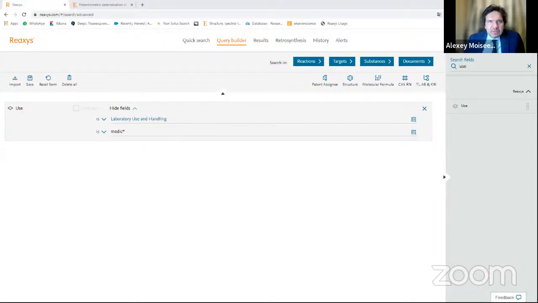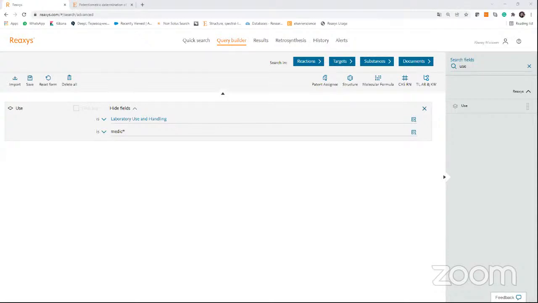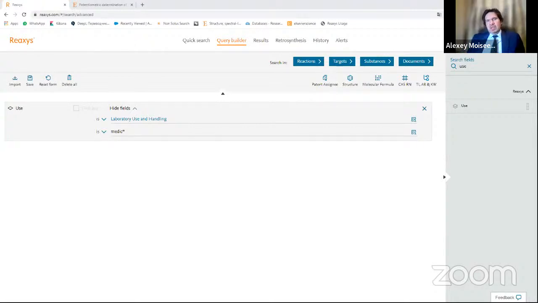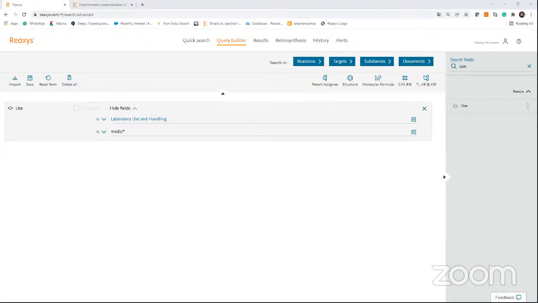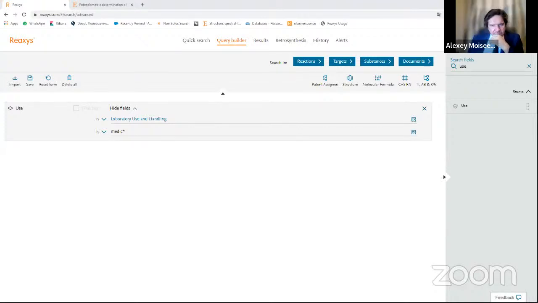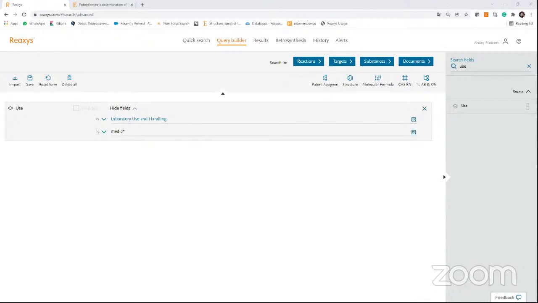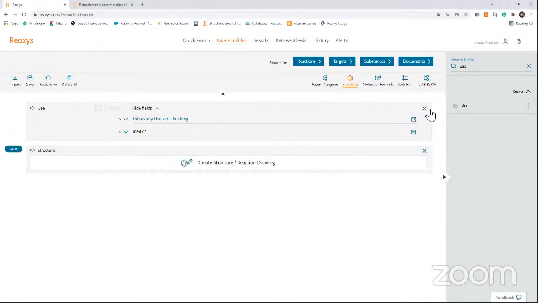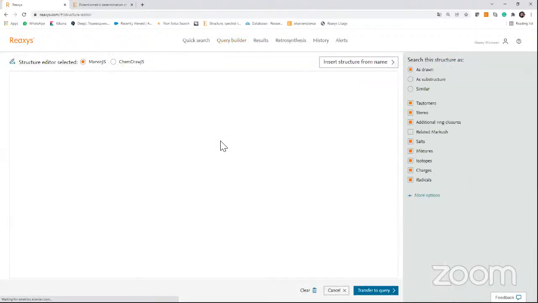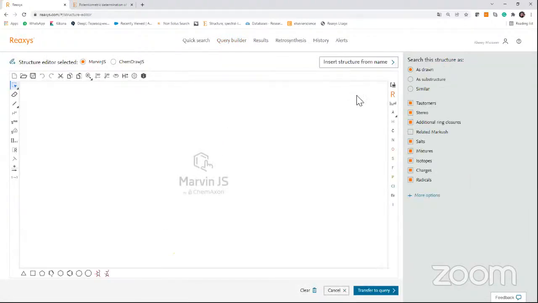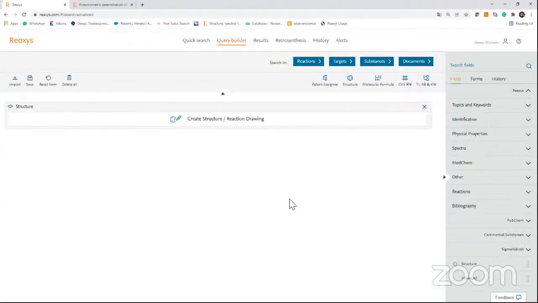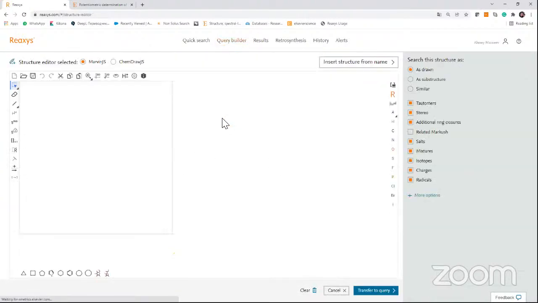Trying to find the question in chat. Yes, please. How to make compound strategy in Reaxys. I want to understand what is compound strategy. Yes, me as well. The one that asked the question, if you can elaborate more, what do you mean by a compound strategy? What do you aim to have or aim to do in order for us to translate this into a feature or a functionality in Reaxys if there is one?